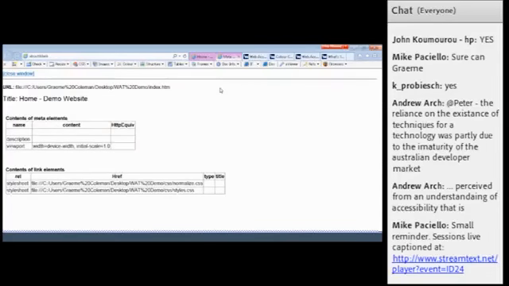And also the obvious one as well is making sure that headings are marked up correctly and are nested appropriately. So we'll go through each of these options just now.